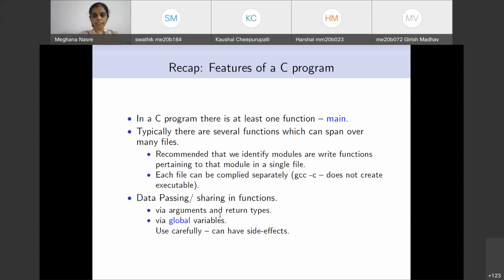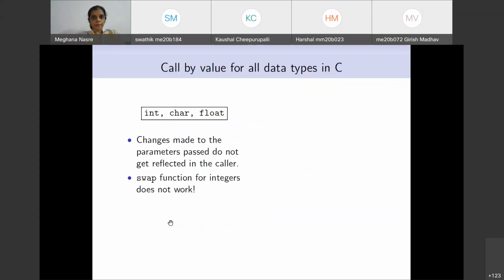as well as these global variables that you have already seen. You exercised that in the exam, in one of the small questions on global variables. And I hope the exam question also told you that global variables can have side effects and you have to use them carefully. Okay, so